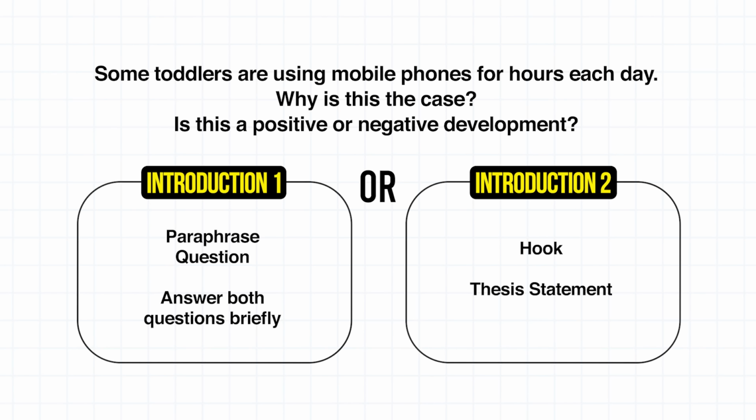Why not 2? I don't think that the examiner wants a hook or a thesis statement. He's asking a question and he wants to see if you're going to answer that directly, and the quality you're going to provide in that structure. I don't think a hook is necessary to answer the question. The examiner is getting paid, so he or she doesn't need to be hooked in. Exactly. A hook is more for a story or a TikTok video or something like that. You don't need to include it in an academic essay.